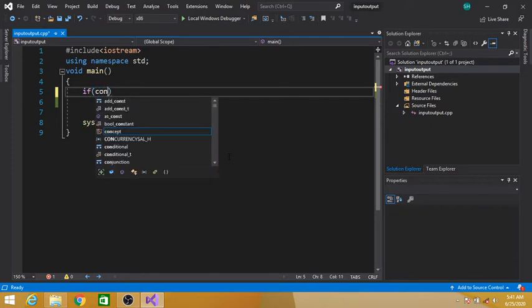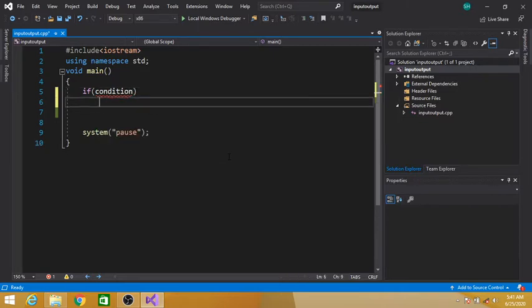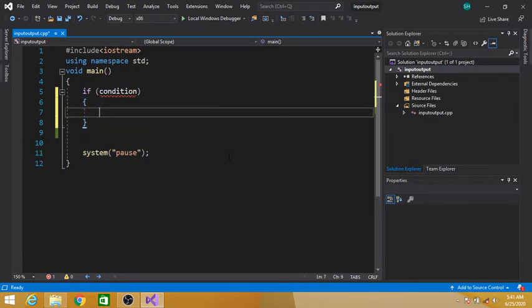If condition, this is the syntax of multiple if else if control structure.